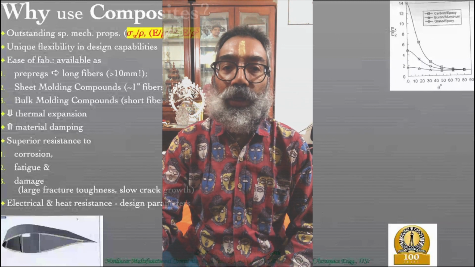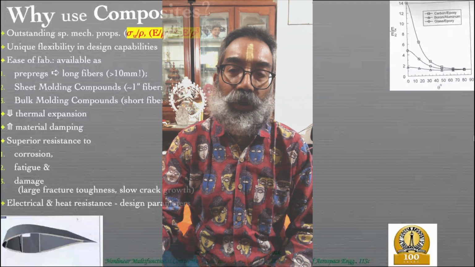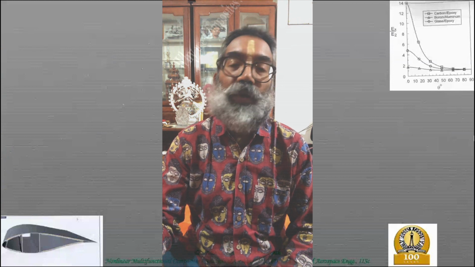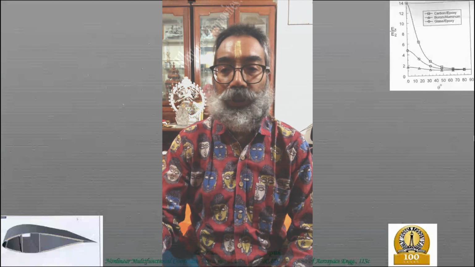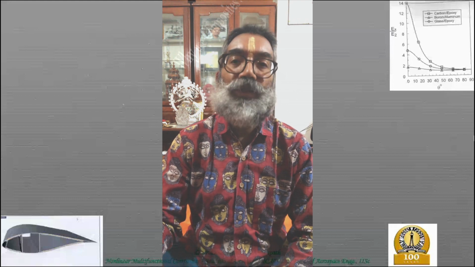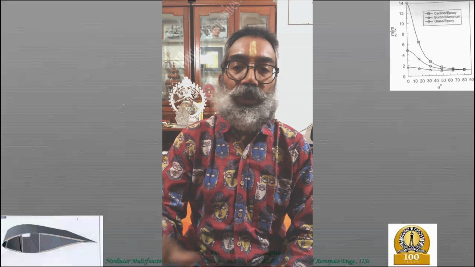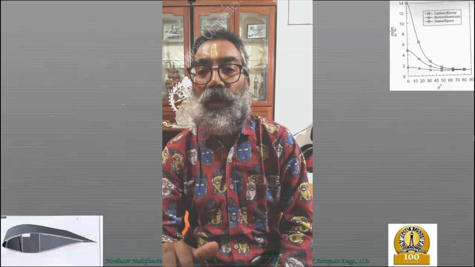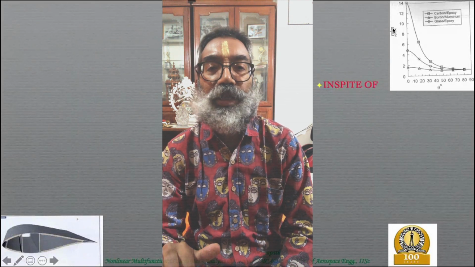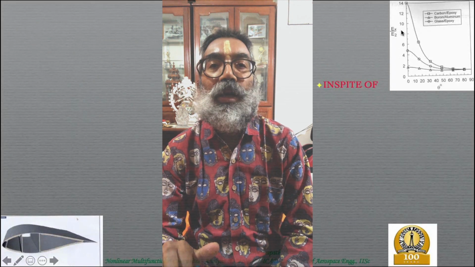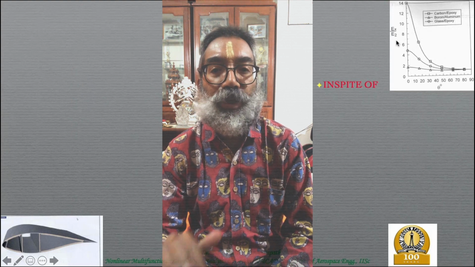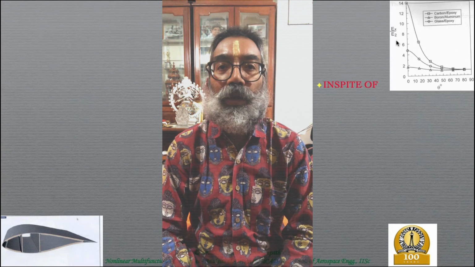Now, coming to the disadvantages or the issues with composites that we need to deal with, and we are still willing to live with it and use composites because we have ways of overcoming these issues. The first one is what you see in this particular picture over here, that you see the Young's modulus in a particular direction, let's say the direction X, how it varies with respect to the transverse modulus of that particular composite, because composites are transversely